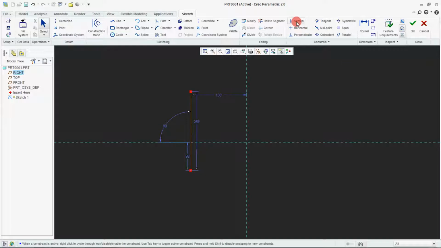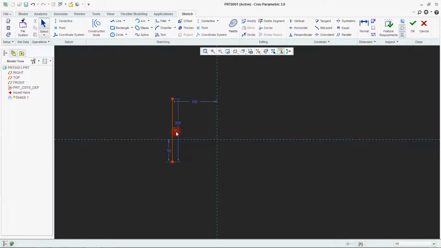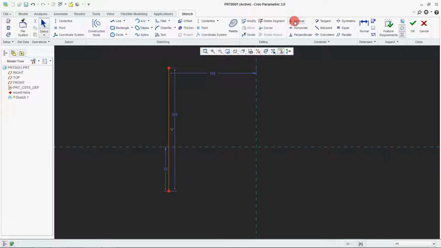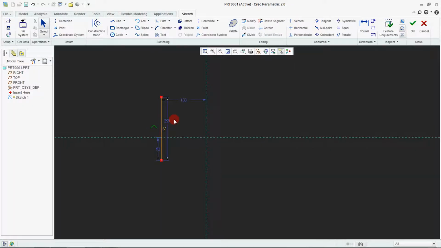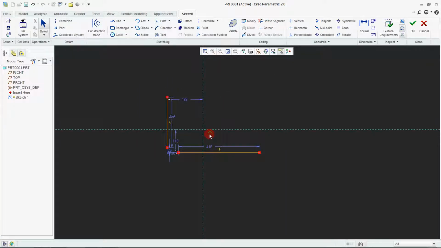For that I need to change it to a geometrical constraint, which I am calling vertical. But this vertical comes only when I give this option to this line. In the same way, this line comes with an angle and dimension, so I have to say make it horizontal. So I have to give this additional constraint.